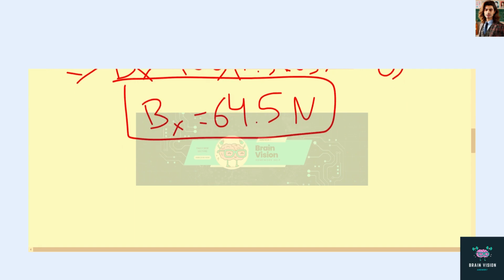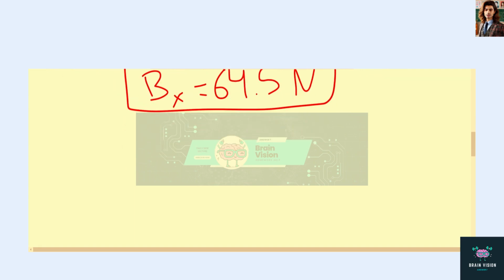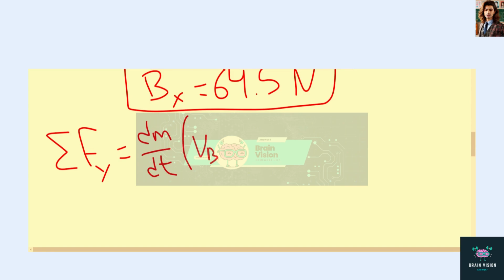The last thing we have to solve for is By. So we use the same equation we just used, except for the vertical forces. So we have the sum of all vertical forces is going to be equal to dm/dt times the difference of the vertical velocities, which is vBy minus vAy. So we know the sum of Fy. Now we have multiple vertical forces acting on the system. We have Ay, we have Fg, and we have By. So we know that the sum of Fy